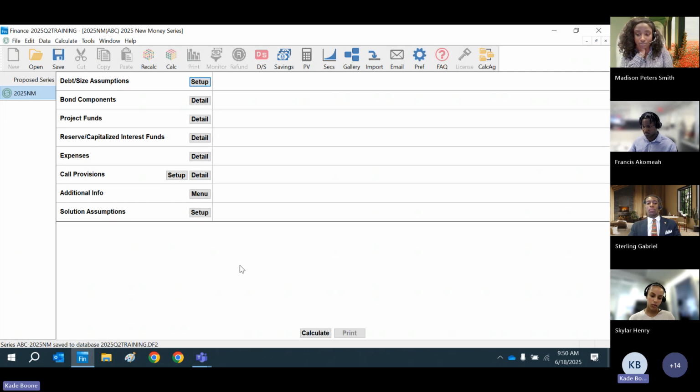And the program, we try to set it up as logical as possible, meaning, you don't have to go in the middle or at the end to put in general bond information. Bonds themselves you create here, any kind of construction project funds, Cap I reserve funds, itemized expenses. Are these bonds callable? Then additional info we'll get into, and then finally, how do we want to solve it, right? And I'm just doing the up and down arrows. So if I go into debt size assumption setup, and about the saving aspect, the only reason I mention that is